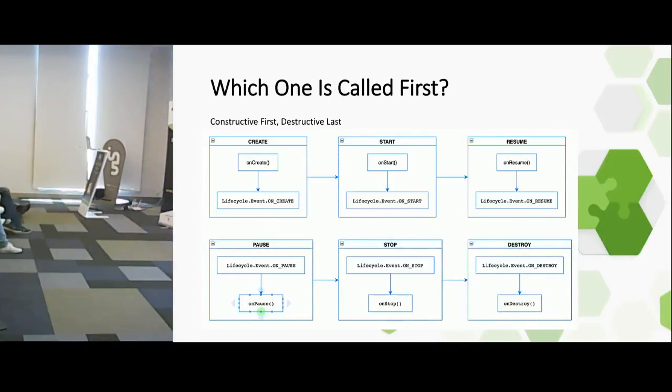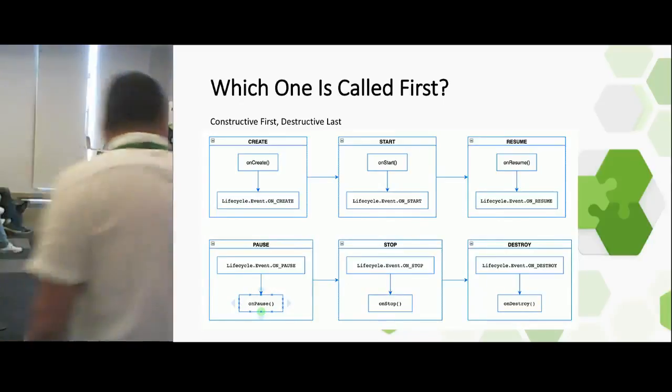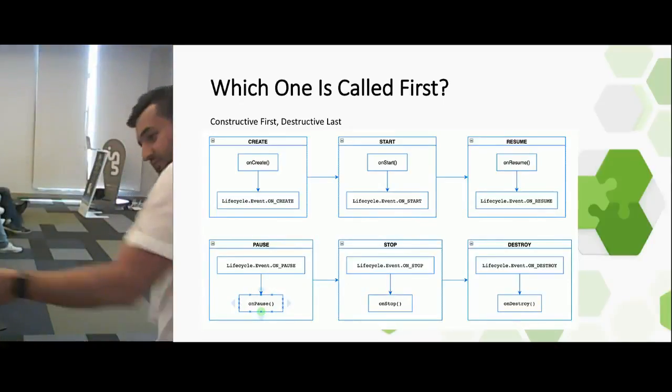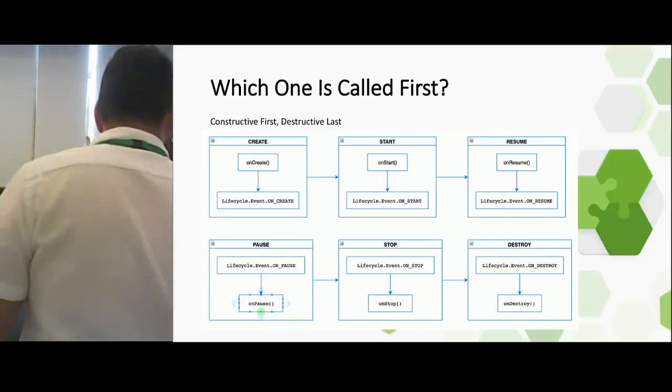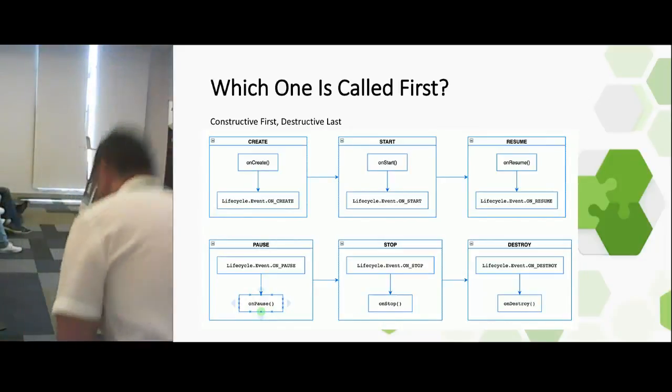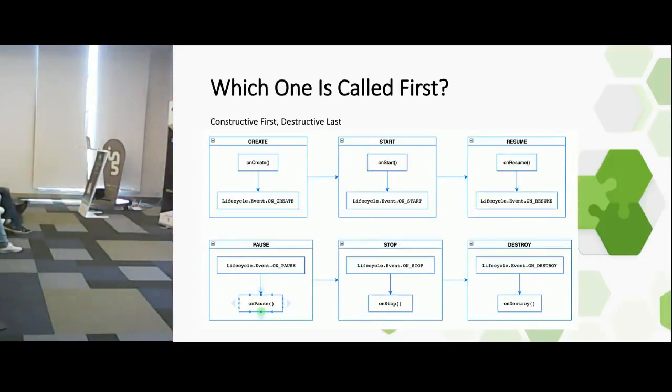There is a famous idiom in the Android world, and we all know it: constructive first, destructive last. That is the same here. On constructive methods, such as onCreate, onStart, onResume, the activity's or fragment's callback methods are triggered first, and then the observer's.